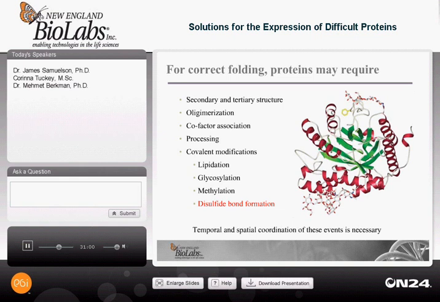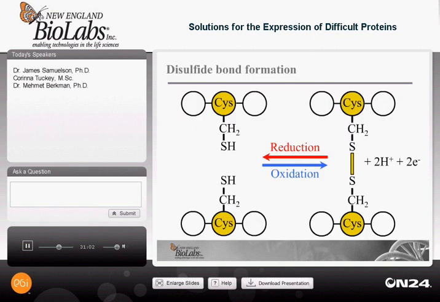So let me begin from the very beginning and remind everyone what a disulfide bond is. A disulfide bond occurs by the oxidation of the thiol groups within a cysteine, here represented as the SH, forming a covalent bond. And this reaction occurs in the presence of an electron acceptor. You could readily reverse the reaction in the presence of an electron donor, thus making disulfide bonds uniquely sensitive to their environment.